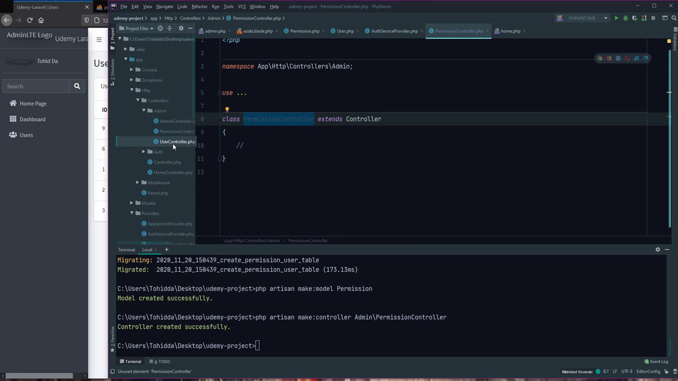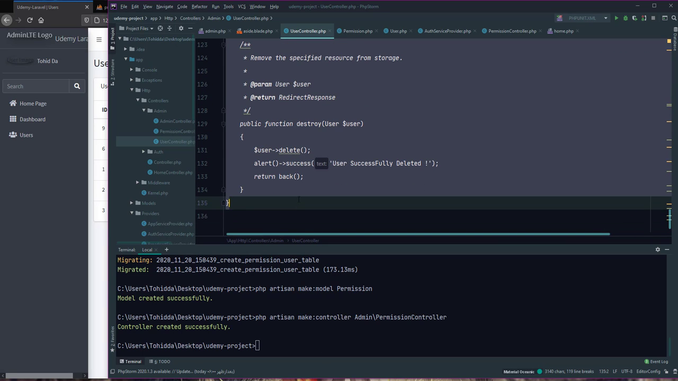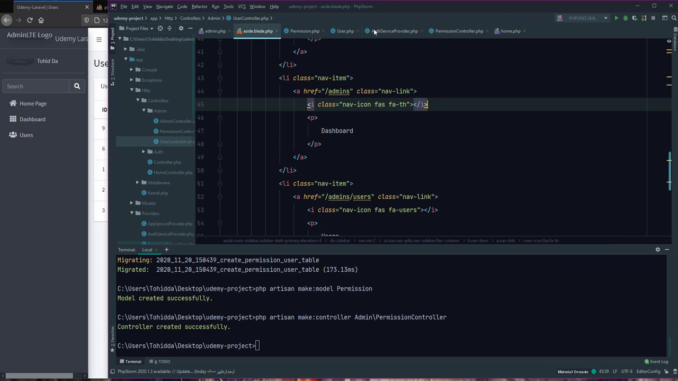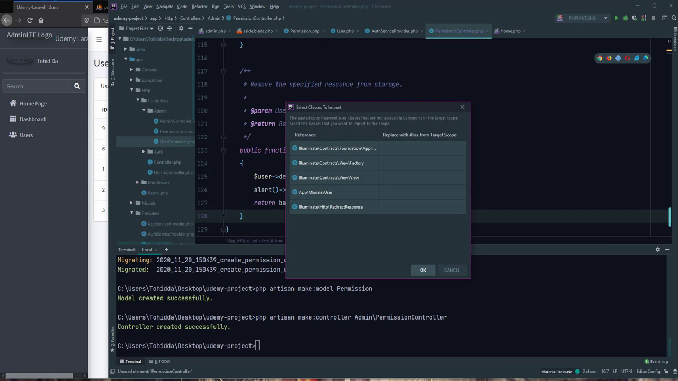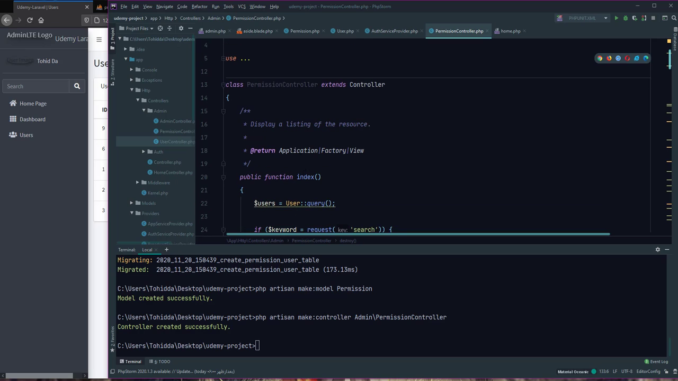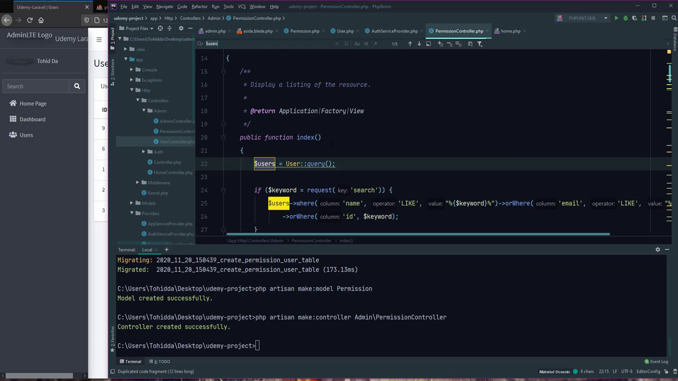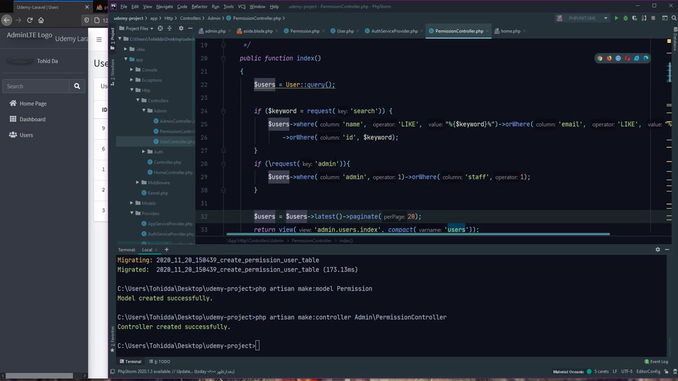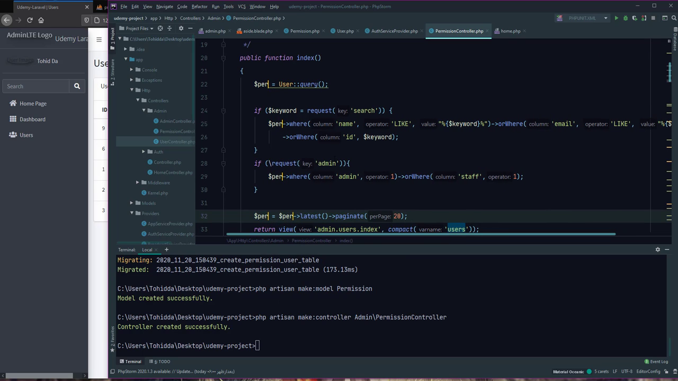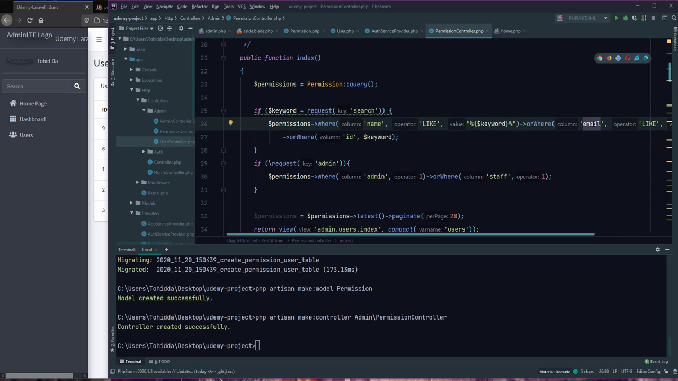In this I open user and copy all, and paste on permission for speedy work. Okay, I change all user to $user, selected all to $permissions. Okay, and find user to permission and quick keyword search like name and label,